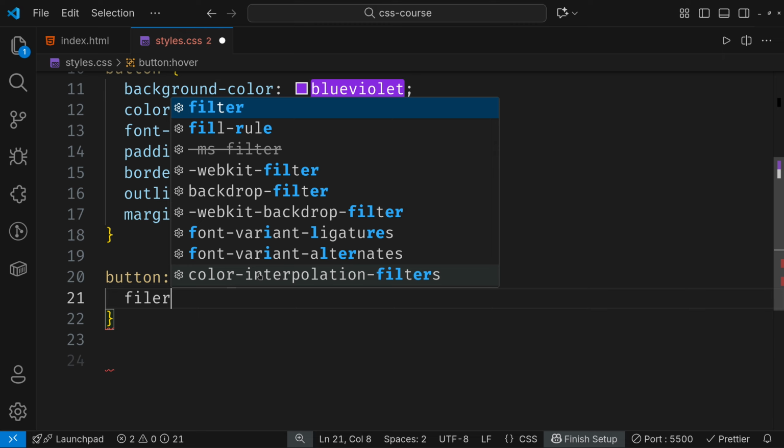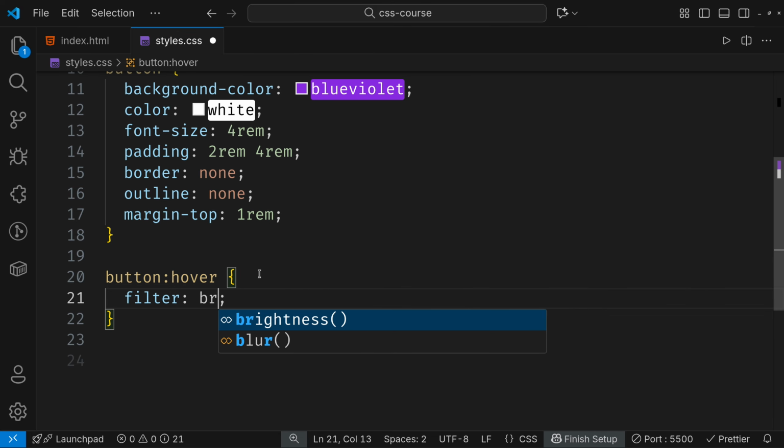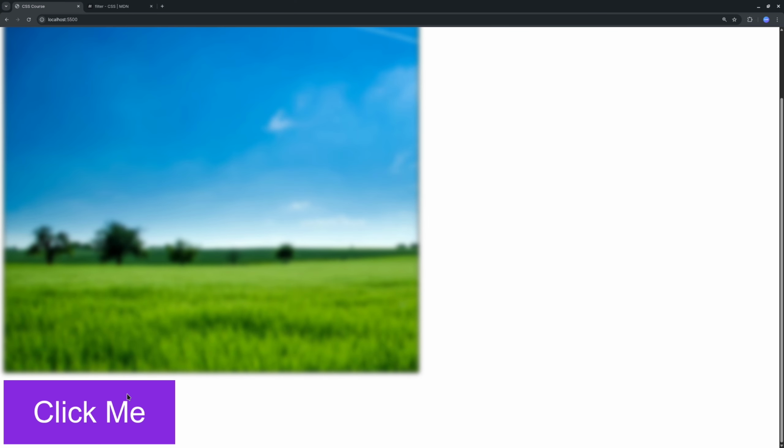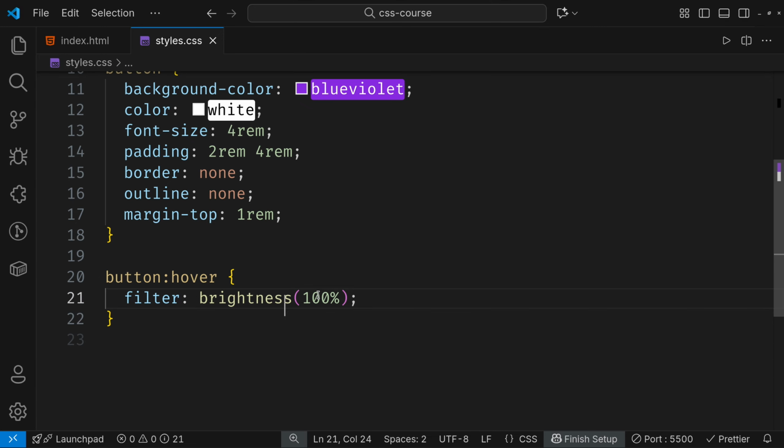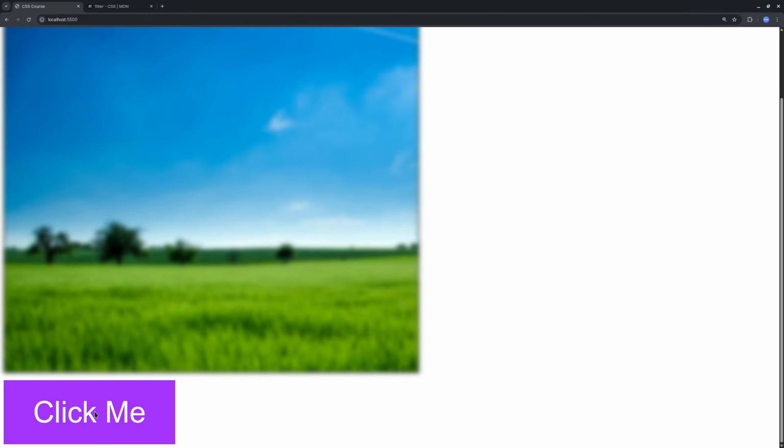Filter of brightness, and we can set some percentage here. If I set it to 100% and hit save, nothing will happen. But if I add something like 120% here, and now hover over the button,